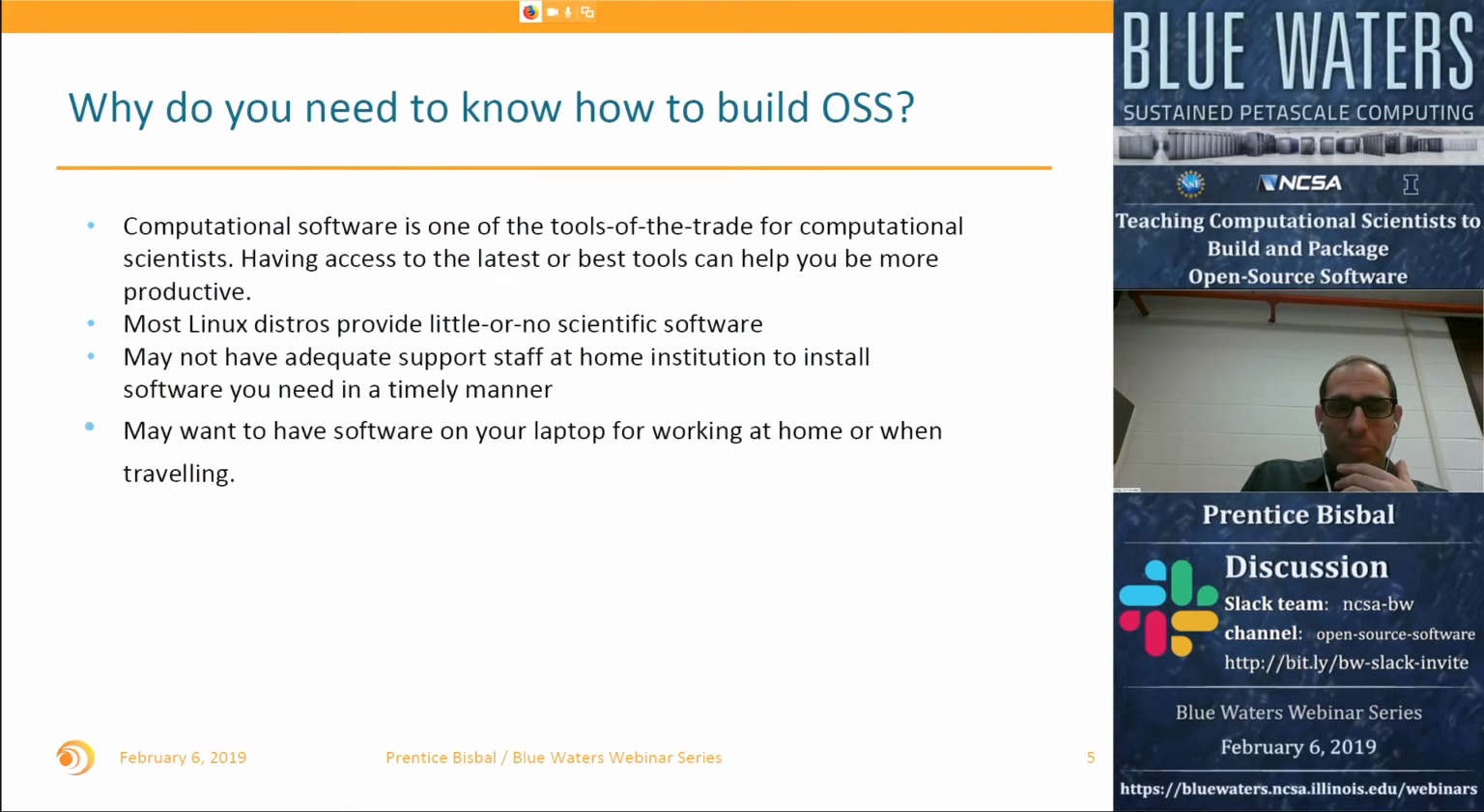Now, if you're asking yourself, as a computational scientist, why do I need to know how to build open source software? Here's a few reasons. One, computational software is a tool of the trade for computational scientists, right? Having the latest or best tools can help you be more productive and be more on the cutting edge. And I'd say those of you who work in the computational sciences field exclusively, you're kind of at an advantage